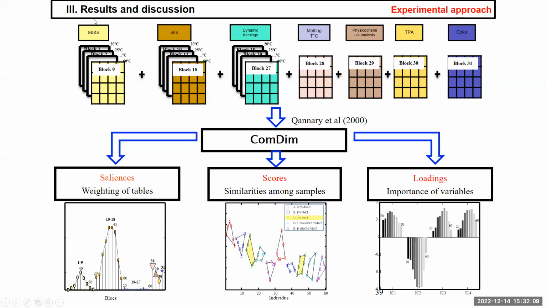So what is COMDIM? As I presented before, COMDIM gives us the possibility to analyze in one shot all the data that we measured on our samples. So I said that we made mid-infrared analysis at different temperatures, fluorescence analysis at different temperatures, dynamic rheology also. We measured other parameters, so melting temperatures. We measured also physicochemical and composition of our cheeses, texture profile analysis, and the color. So we have at the end 31 data tables, and we wanted to analyze them in one shot and to see what is the link between all those scale levels,